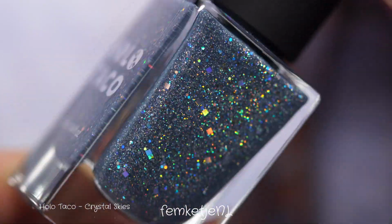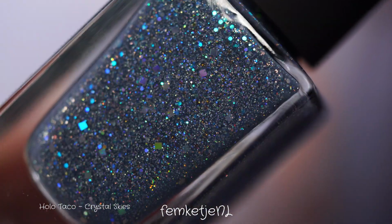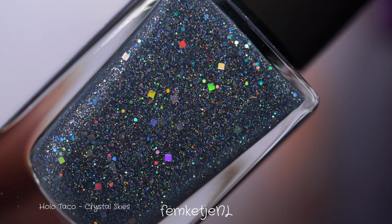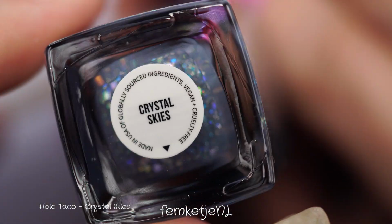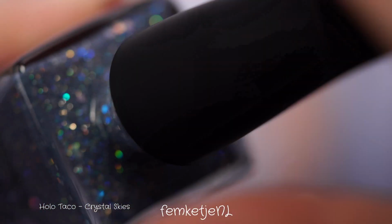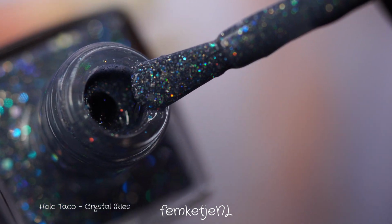If gold is not for you, definitely skip that color, of course, but I really love the fact that it was super opaque and just really glittery and shimmery and all over the place. I like it. The next one is actually one that I felt like could need some more glitter, which sounds insane